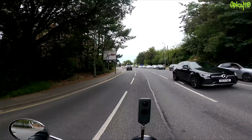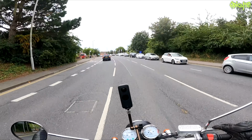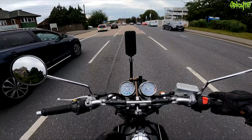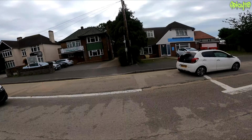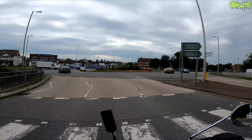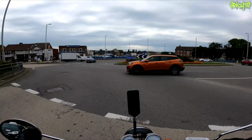What this bike does strike me as, though, is a bike that's got loads of potential to just do whatever you want with. I mean, I actually really like lots about it. I like the dials on it. I like the headlight. And I do like the tank. So it's a little bit long, but